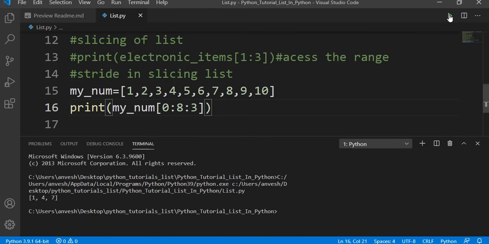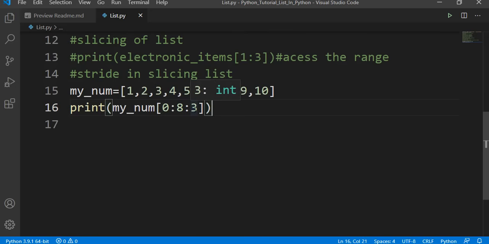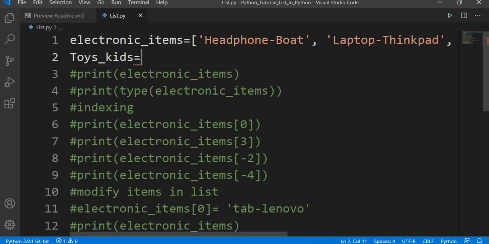So here you can see that 1, 4, 7 is printed because the stride value I am giving is 3. So the 0th item is 1. After that it is moving 3 spaces and then 4 is getting printed. So I hope you followed how we can use stride while slicing a list.